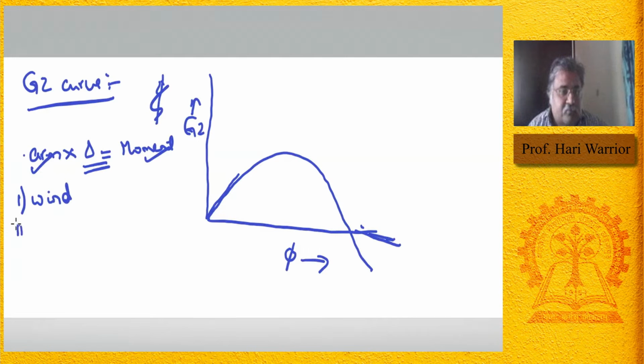Another factor that you will see that produces heeling is the process of turning. For example, if you have a ship and it is turning, it doesn't turn flat like this. While it is turning, it heels. So when a ship is taking a turn, it produces some heel as well.